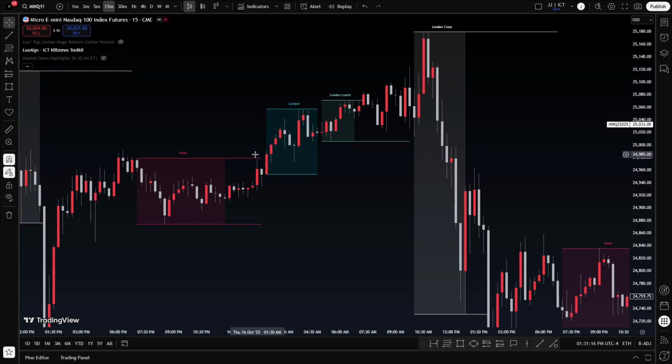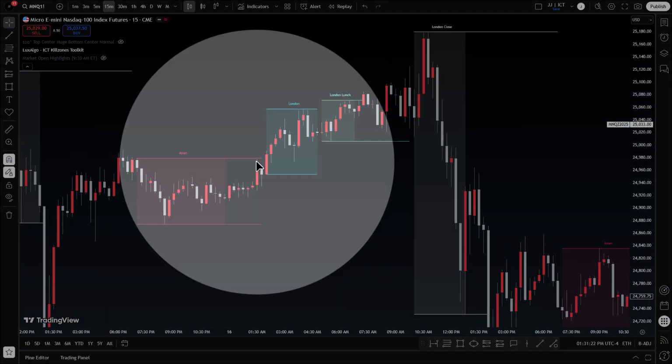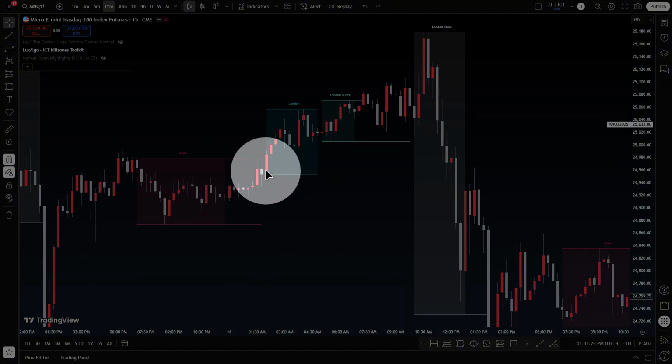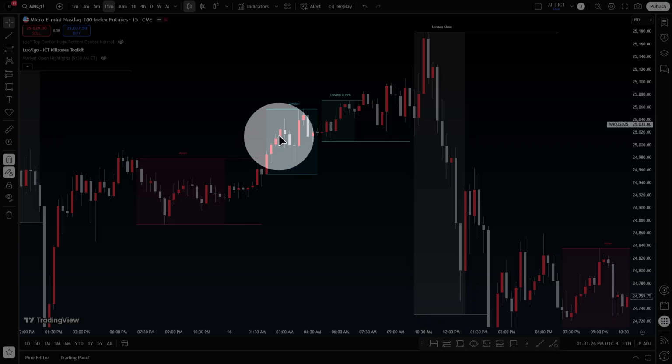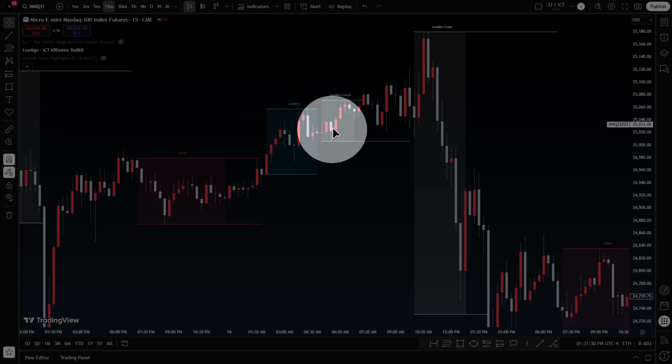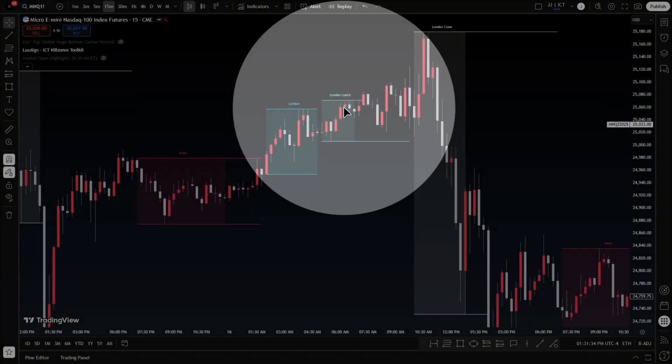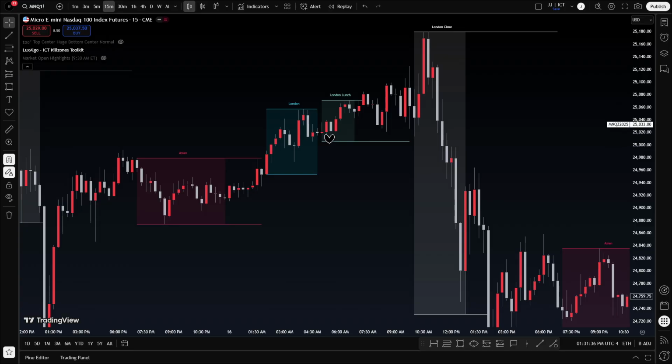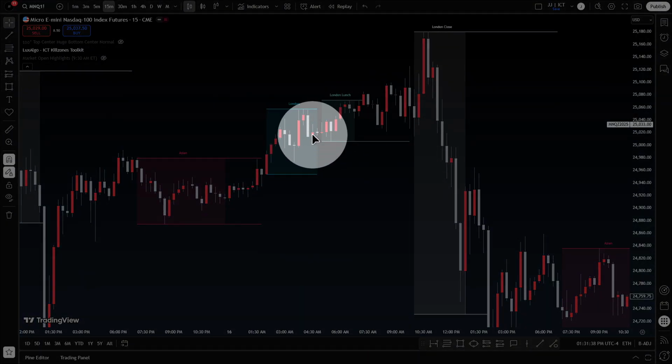It's manipulating. How? Just look how price moved along Asia high. Well, I don't even have to mark it because I marked it right here. But just look at this, right? We come up to it, we go past it very, very slowly. We just inch our way higher. And then even for London high, look at London high. It goes up really slowly. It takes like 5 15-minute candles to do it, which is like an hour and 15 minutes. It takes an hour and 15 minutes just to reach that high. Well, no, starting from here, it's like 2 hours. So you get the point.